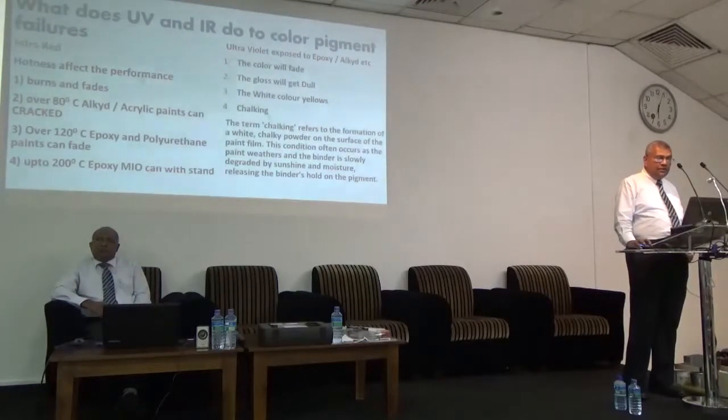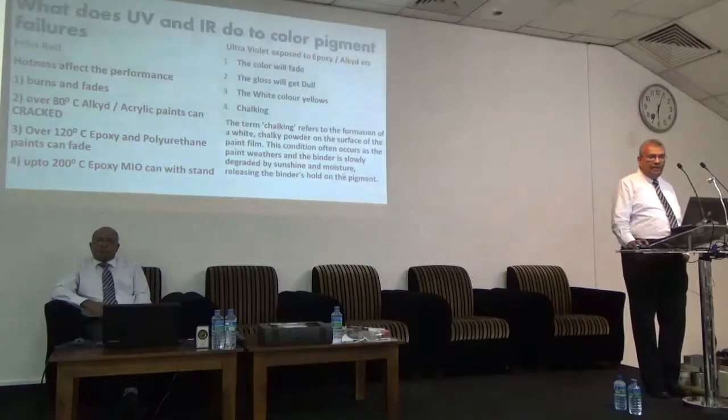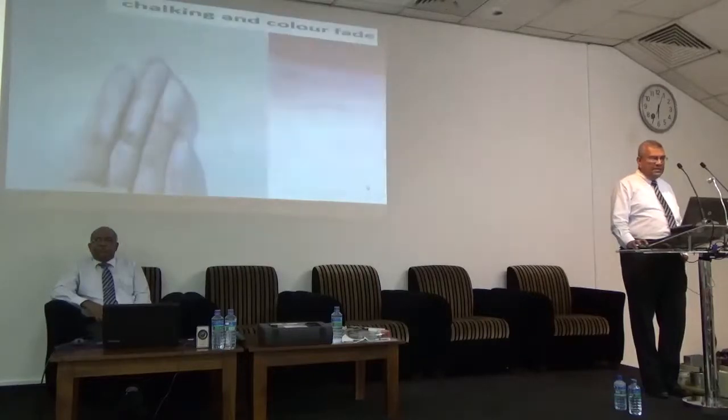Then there is another thing called chalking. The term chalking refers to the formation of white chalky powder on the surface of the paint film. This condition often occurs as the paint weathers and the binder is slowly degraded by sunshine and moisture. Actually, when you say sunshine, UV releases the binder and hold the pigment. So when you have UV light hitting the paint, what happens is when you touch the surface, you see some